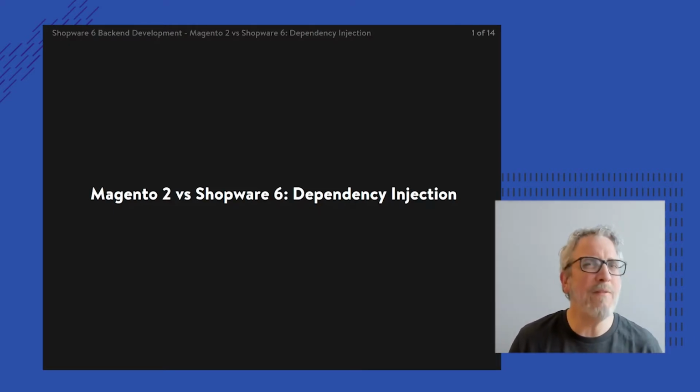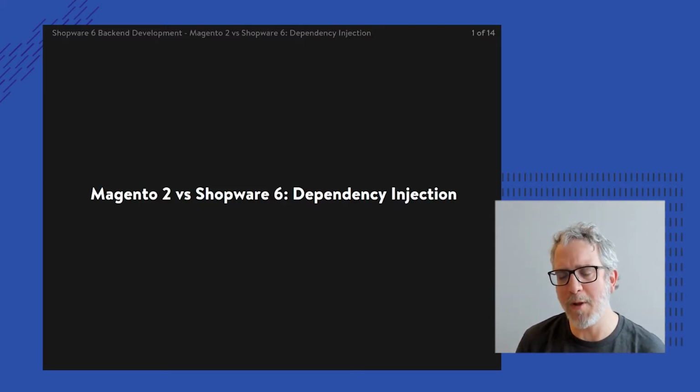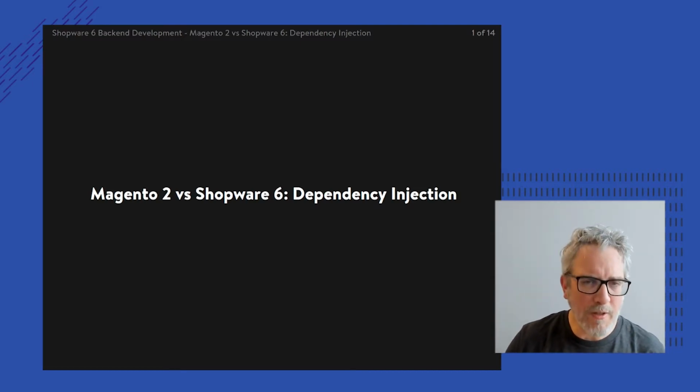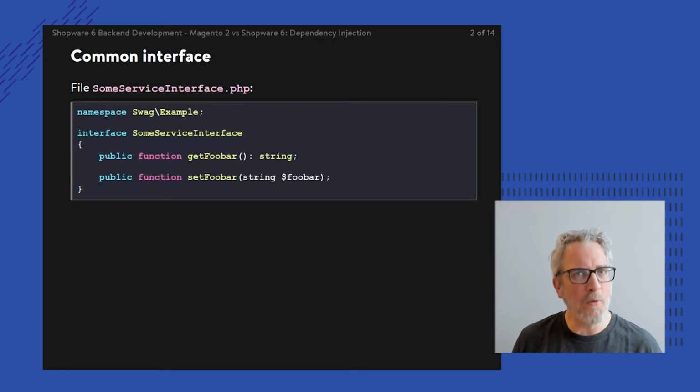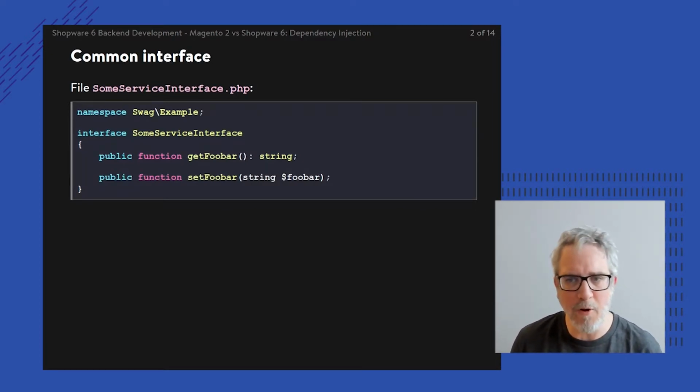So let's zoom into those configuration types and see what the dependency injection container of Shopware can do, and whether that resembles the thing that you're also familiar with in Magento. Before diving into how a certain configuration in Magento is similar to a specific feature in Shopware, we first need to get the basics straight.